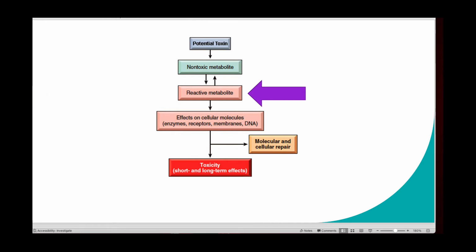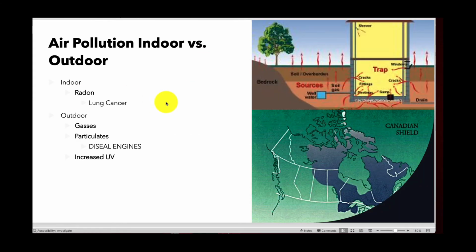So let's move away from this slide and talk about some of the differences between indoor and outdoor gases that can potentially be harmful and toxic to the body. Of course, the most popular one that I'm referring to is radon. I'm sure you've all heard of radon before, or you may have tested for radon gases in your house. Basically, radon is a colorless, tasteless, and odorless gas that has been associated with the development of pretty aggressive lung cancer. And this gas can reside at really dangerous levels inside of the house.